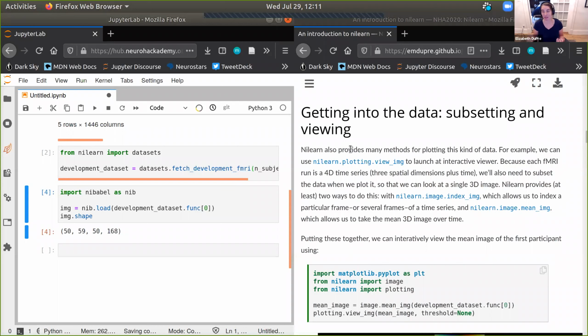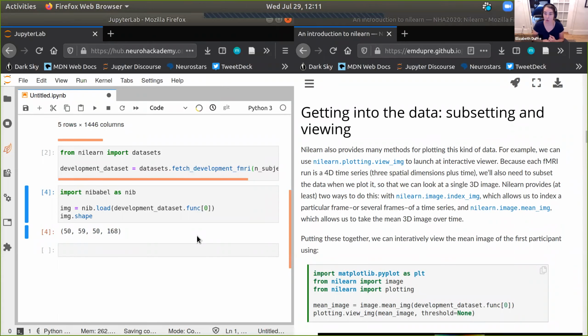This is one of the things I really love the library for, because it has so many different ways to display and look at your data. In this example, we're going to use the view image viewer because it's going to launch something interactive for us. We're also going to use a way that Nilearn provides to subset or index the full time series.